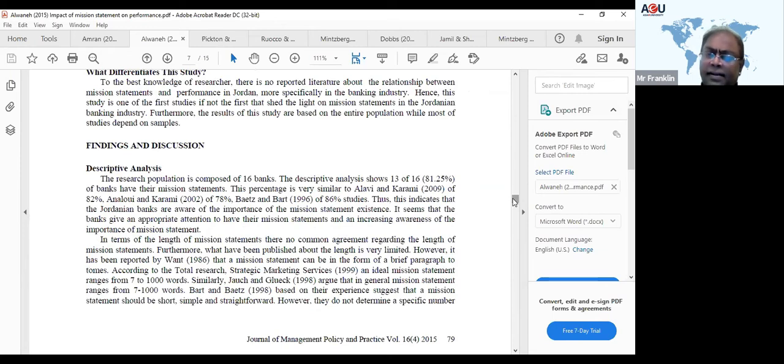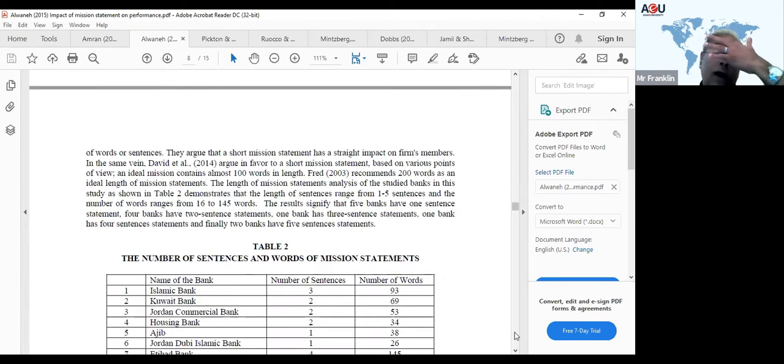You can go to the findings and discussions, okay? So when you're arguing for and against, remember now you're arguing whether a mission statement is good or not good. When you're talking about a mission statement being good, you can talk about this line. It says that a short mission statement has a straightforward impact on members. So here you can say, based on the